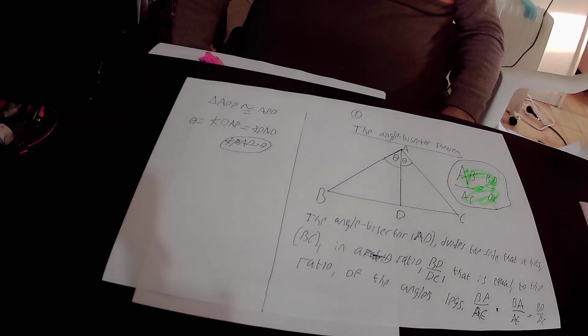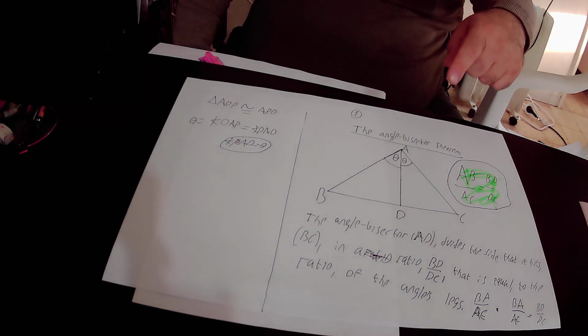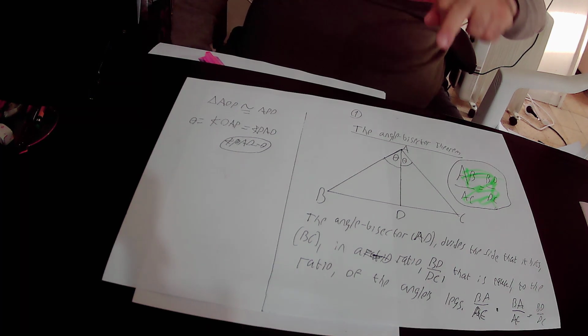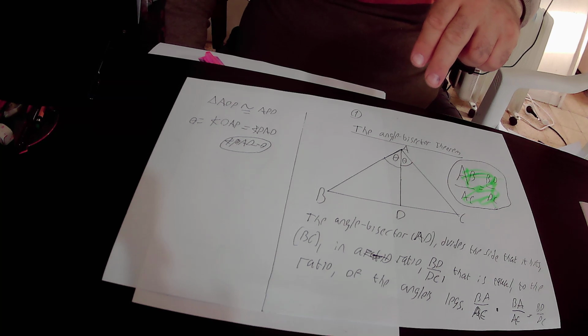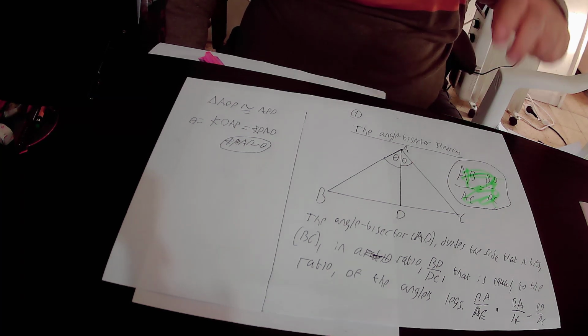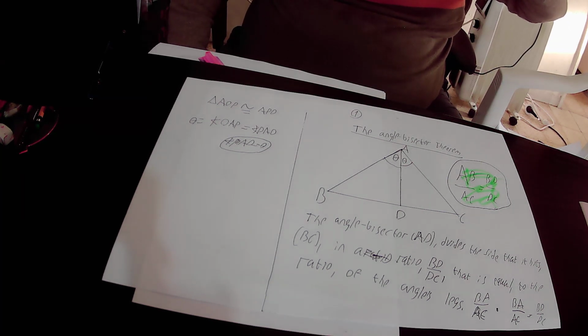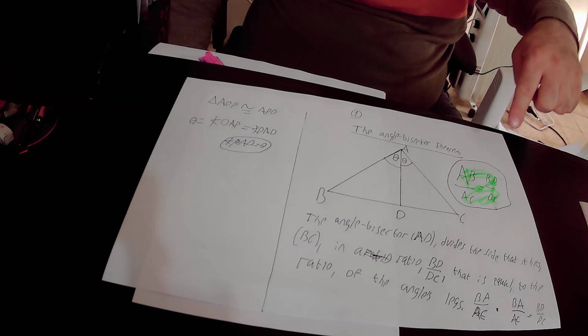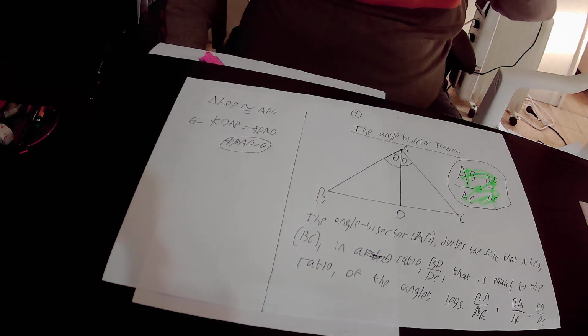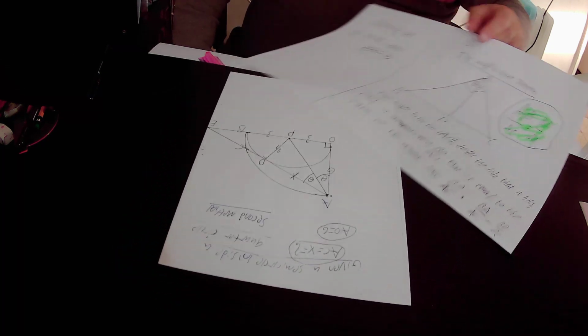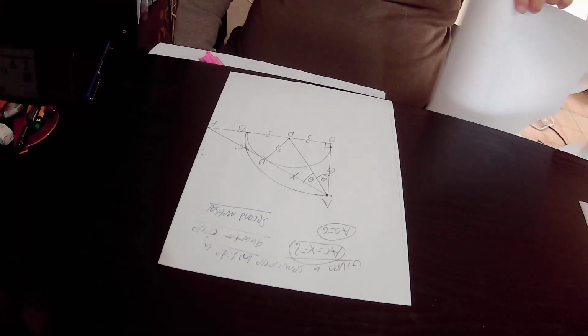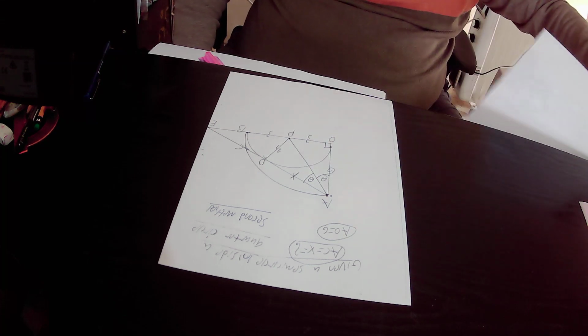So the ratio between the angle's legs, that is AB over AC, equals the ratio in which angle bisector AD divides side BC. And that ratio equals BD over DC. So in conclusion, we found out that AB over AC equals BD over DC in triangle ABC. So we can implement the angle bisector theorem in our drawing,